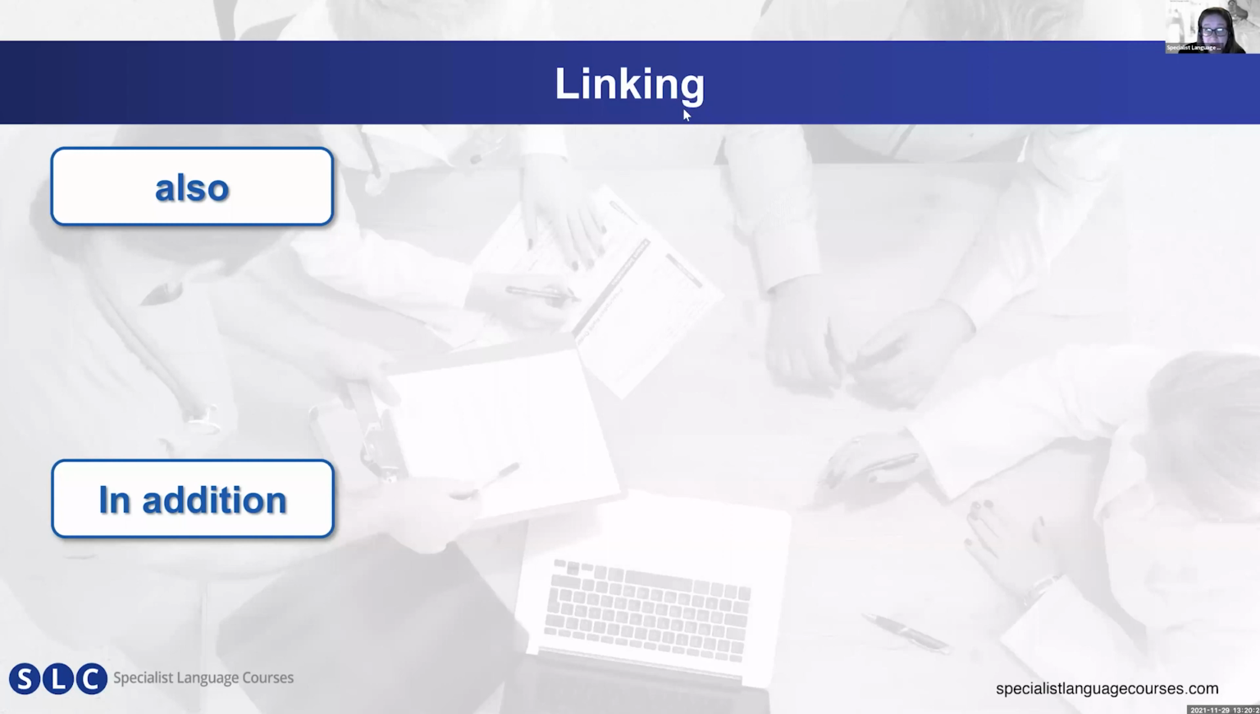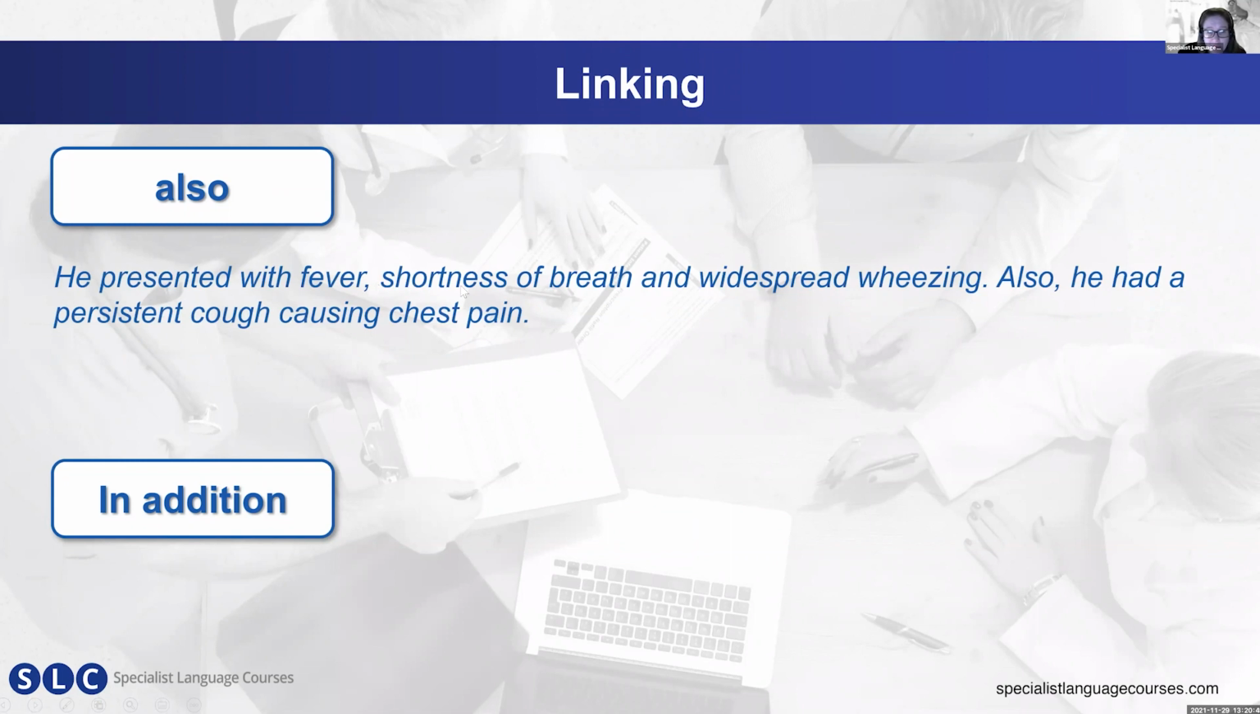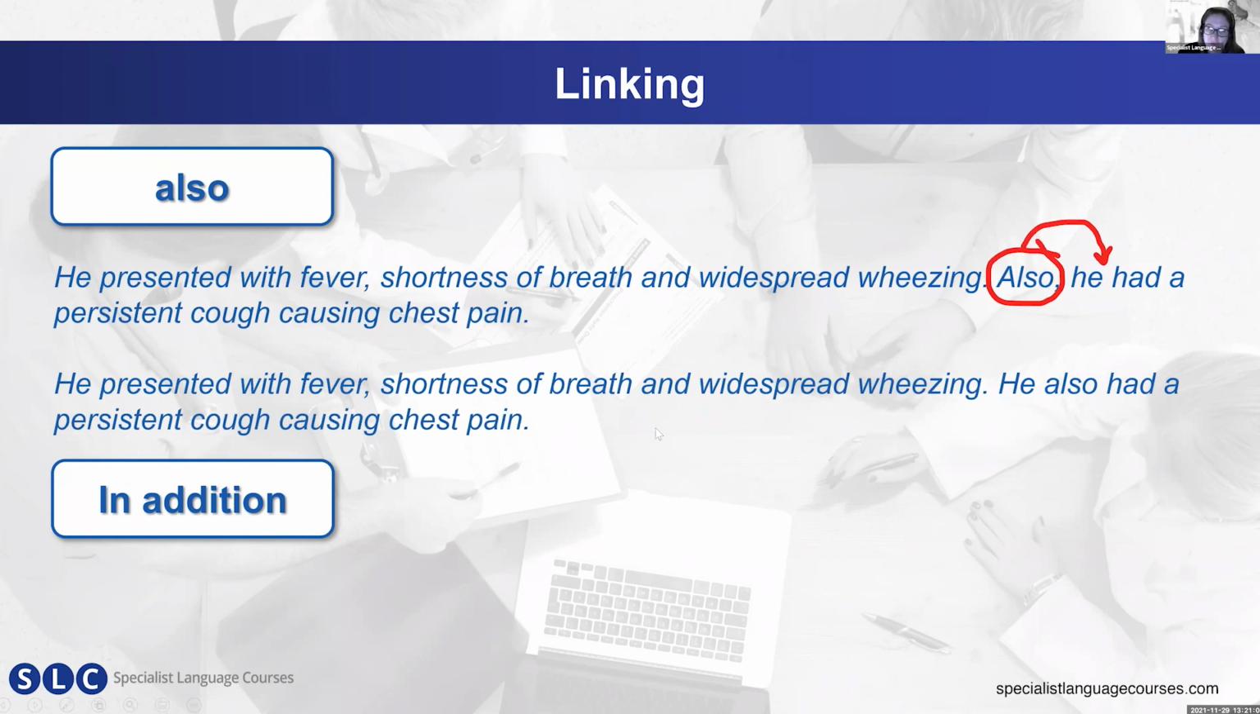Also, in addition, also causes problems occasionally. The main thing with also is inappropriate use. So a lot of people use also at the beginning of a sentence, and in writing that is a little bit informal. So we'd recommend using it within a sentence. So you've got here, for example, he presented with fever, shortness of breath, and widespread wheezing. Also, he had a persistent cough causing chest pain. It's okay, but I would say it's probably better to put the also within the sentence. So he also had a persistent cough causing chest pain